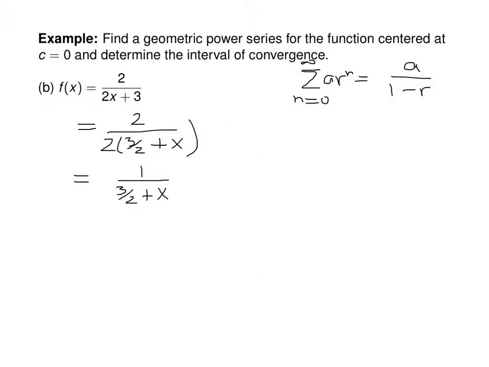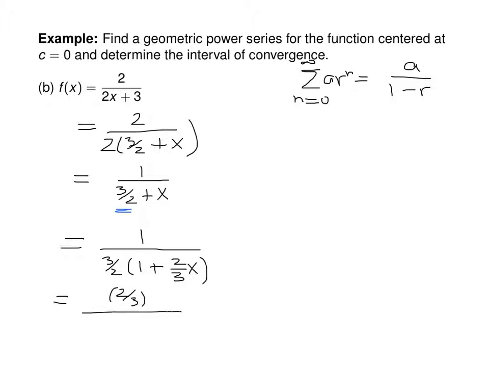Now to apply that formula, this 3 halves has to be a 1. So if I factor that out, I'll have 3 halves times 1 plus 2/3 x. And 1 over 3 halves is the same thing as 2/3. My numerator, 1 minus -2/3 x. And so now I can apply this formula with a equaling 2/3 and r